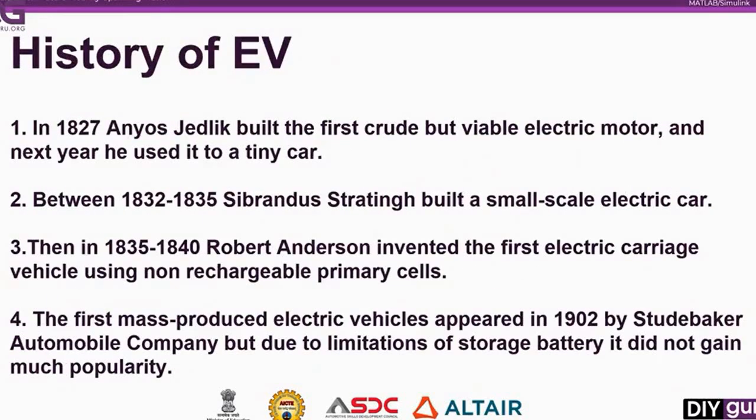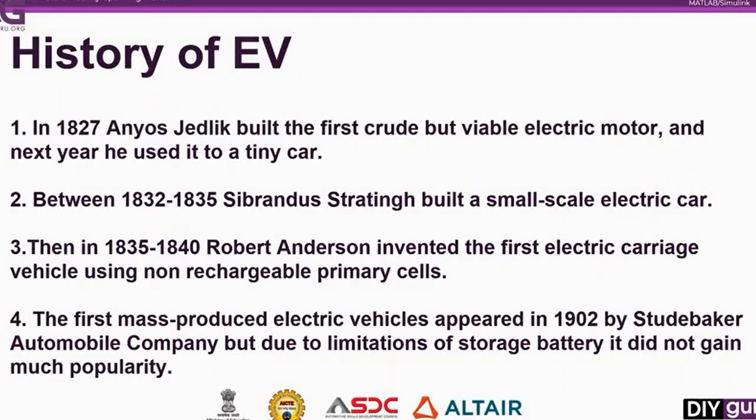Now, moving on to the history of electric vehicles, electric motive power started in 1827 when a Hungarian priest, Ányos Jedlik, built the first crude but viable electric motor, and in the very next year he used it to power a very small or tiny car. In 1835, a professor named Sibrandus Stratingh of the University of Groningen in the Netherlands built a small-scale electric car,